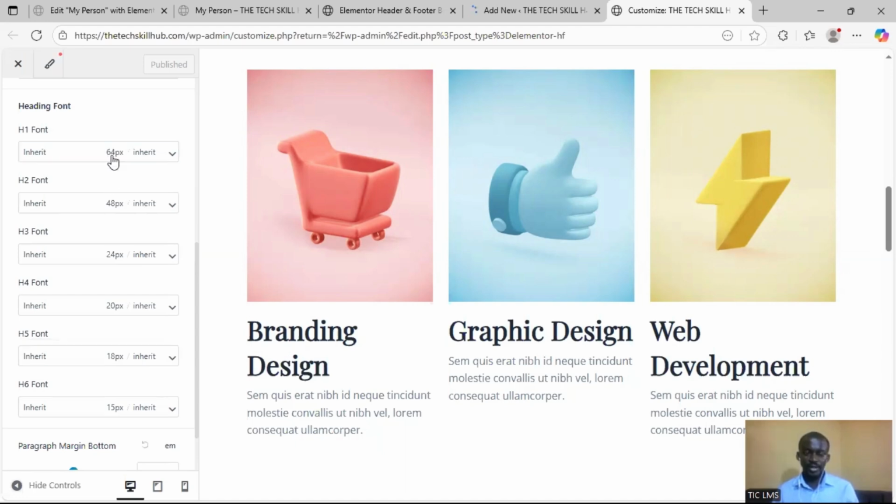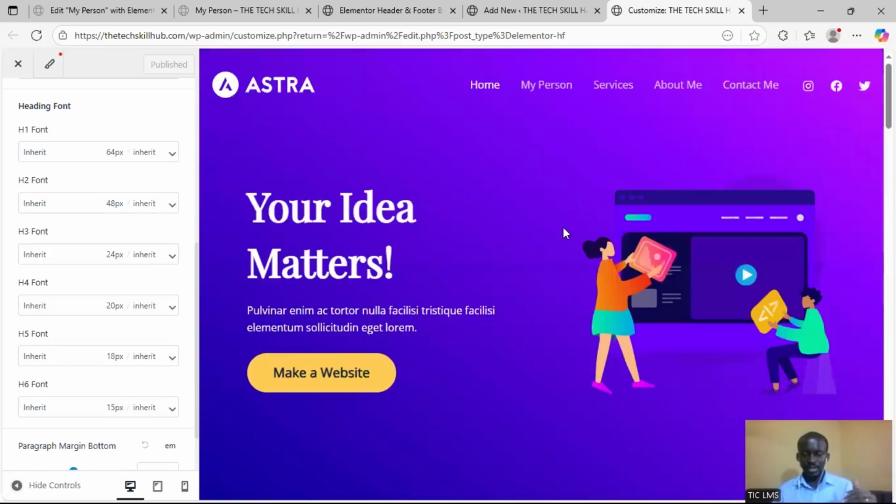They are all here already, 64, 48. If you don't want it to be like this, you can change it, but don't forget that the order should, most times, decrease. Header 1 is the biggest. Okay, so that has been done. Now let's go back to